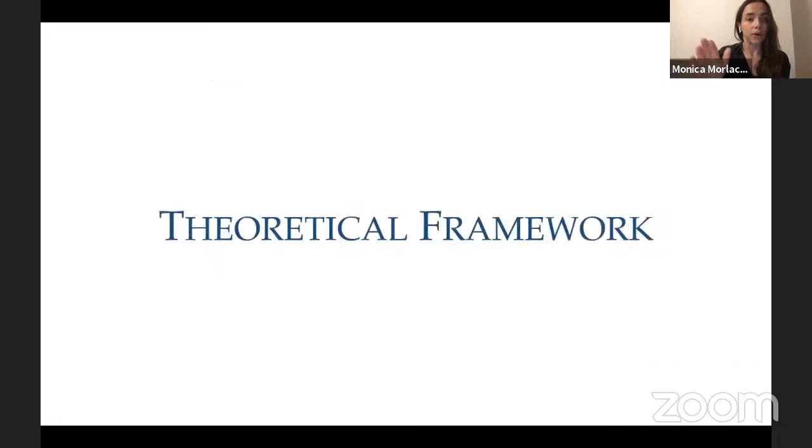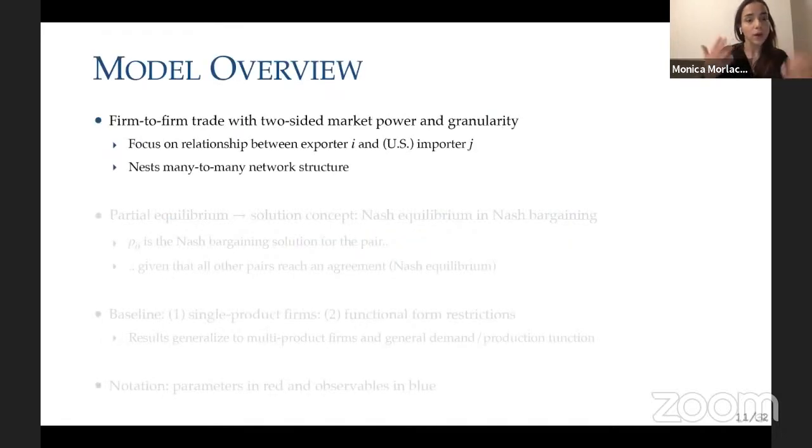Okay, so let me move now to the theoretical framework. This builds on these stylized facts that I just showed you. What we're going to be thinking of is a framework of firm-to-firm